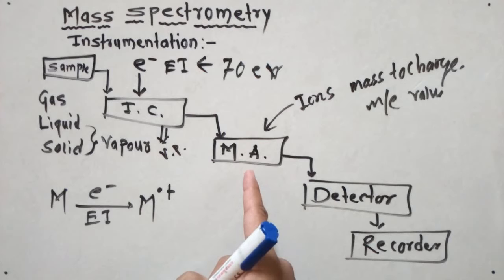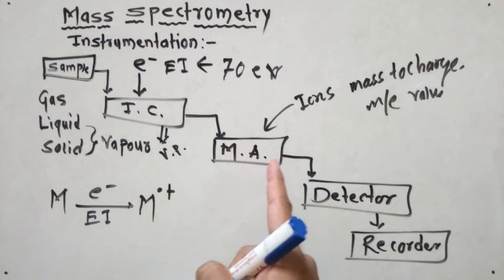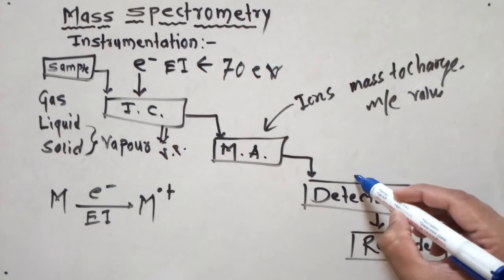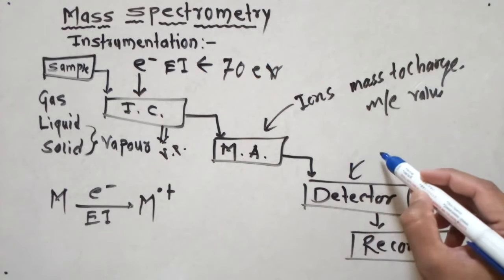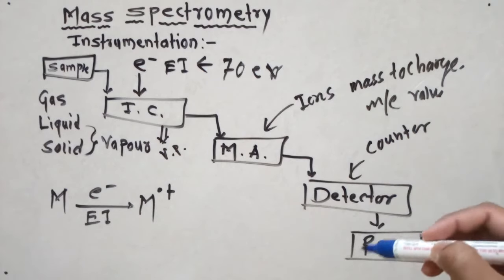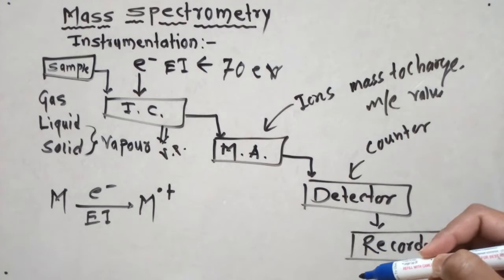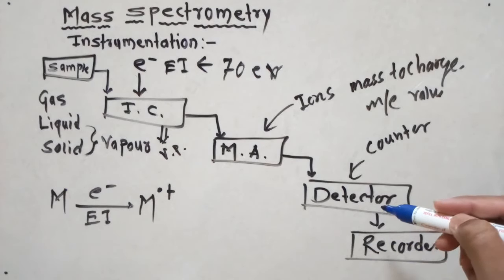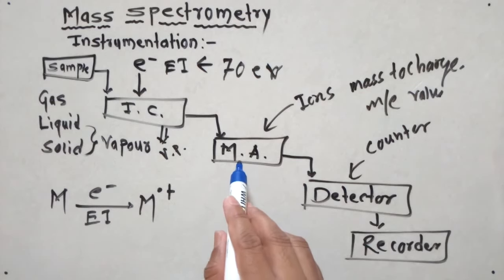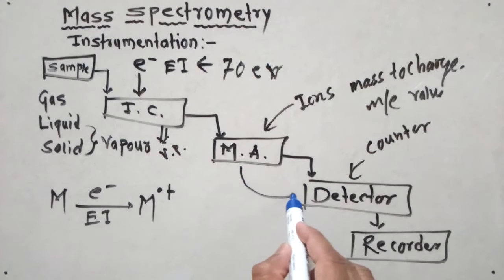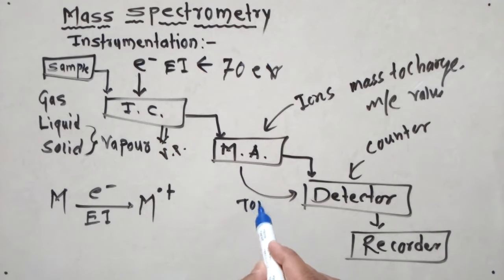Okay, then these ions are sent towards the detector. What is the function of the detector? The detector is one kind of counter, and it counts the different types of ions, right? But during this time of flight, from the mass analyzer to the detector, we can call this TOF,